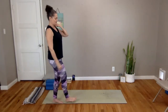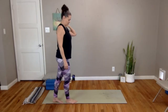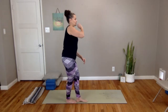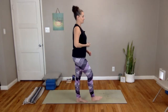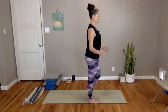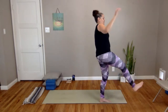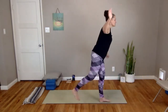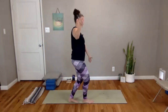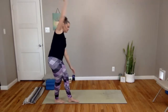We always need balance, but in current times, we need more balance. We need to play with this so that we can remember to find balance even in chaos. This gets us a little bit out of our heads and into a playful heart space. Breathing